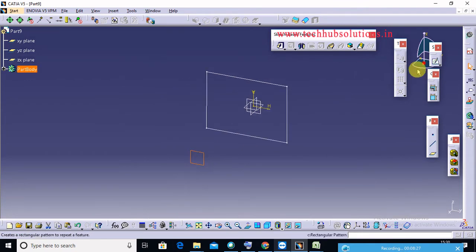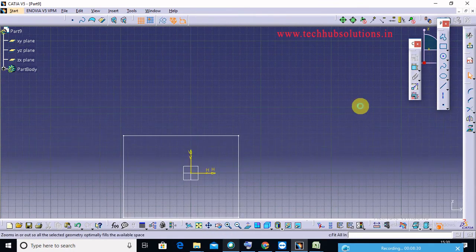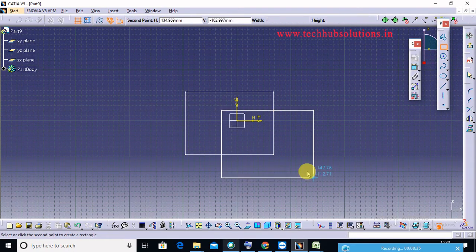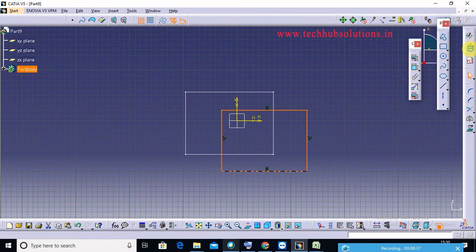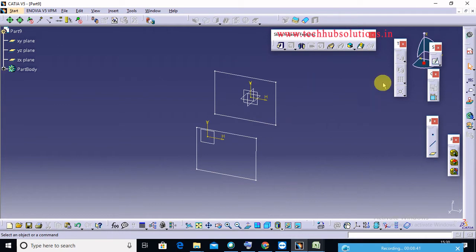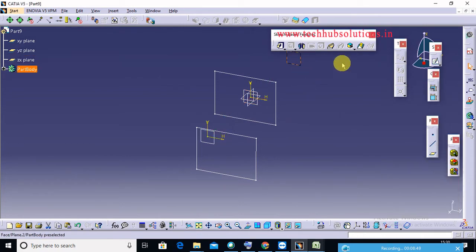Then select this newly created plane, and create another rectangle, which is this one. Also create another plane, suppose select here and reverse direction.